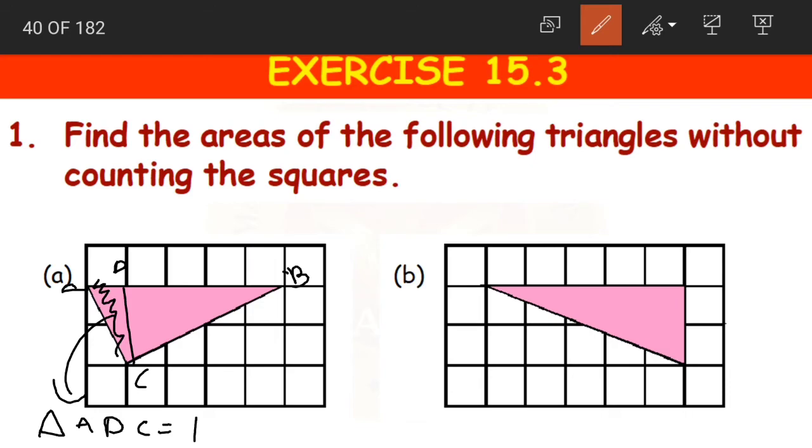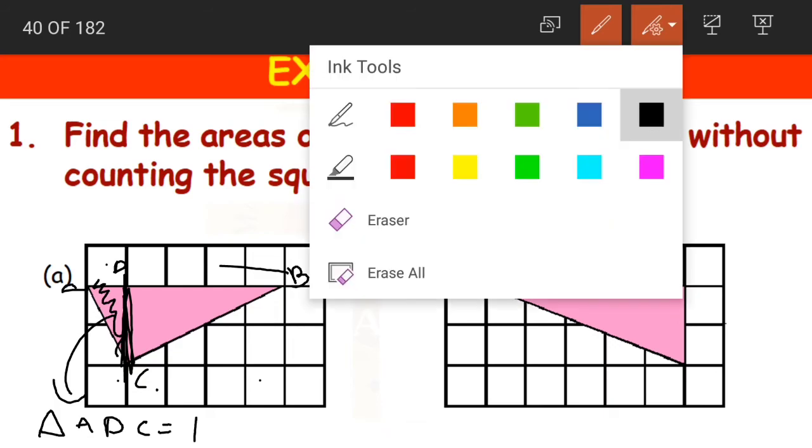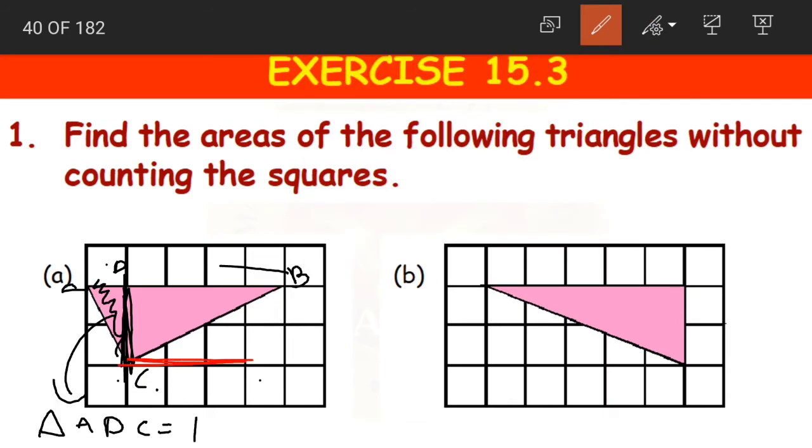Now coming to our triangle BDC. Again, to find out the area of triangle BDC, we need a rectangle. Joining these two together here, we have our rectangle. We have already used till E, so F. BDCF. We have our rectangle BDCF. So what is the area of this rectangle, children? Let us count the number of squares. 1, 2, 3, 4, 5, 6, 7, 8. The area of the rectangle is 8 square units.